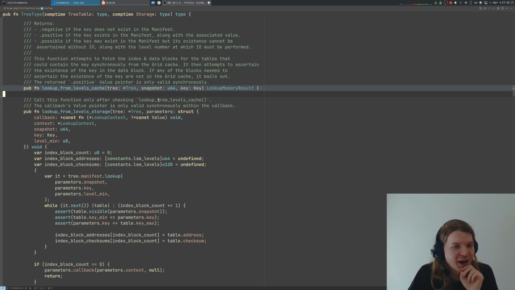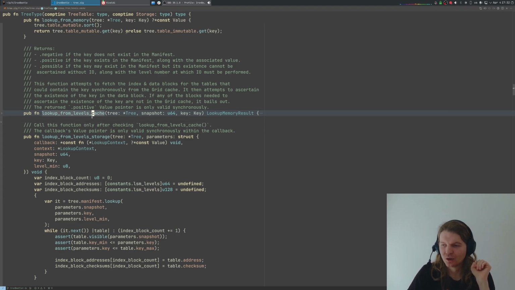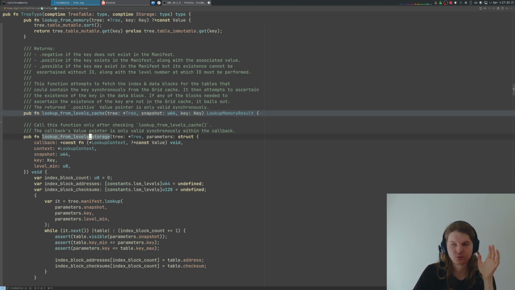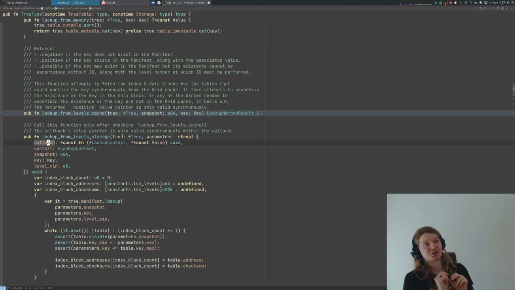Okay, so we have two lookup functions. One which looks up from cache, which means that it does lookup using only in-memory structures. And then the second one looks up from storage. And the one that looks up from storage is going to do a disk I/O, and that's why it is an asynchronous function. It accepts a callback. And that's actually an interesting pattern, because